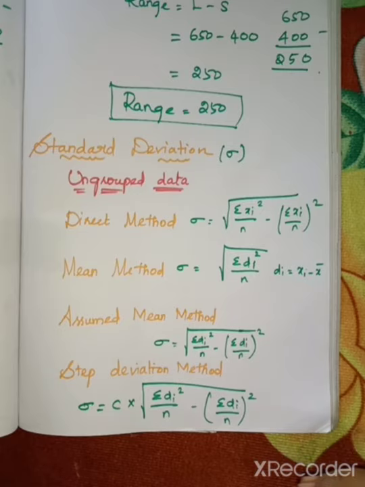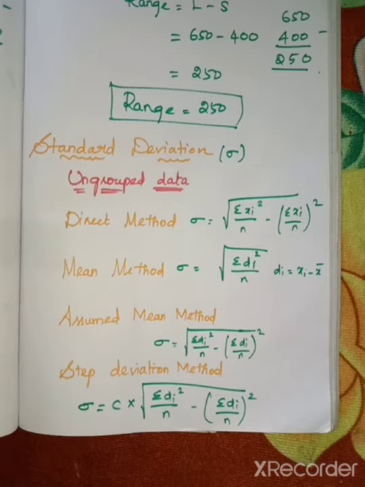So we can use any of the above methods for finding the standard deviation. For standard deviation, we can use any of these 4 methods. But if the question mentions that you have to use the step deviation method, direct method, mean method, or assumed mean method, then you have to use that formula. So now we have to move on to the example, to see how to solve this type of standard deviation for the